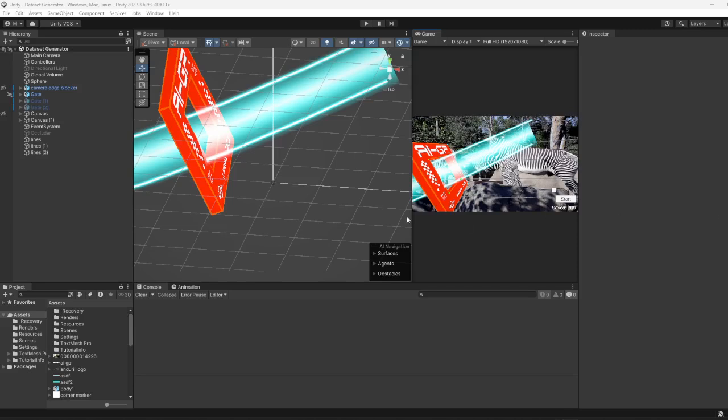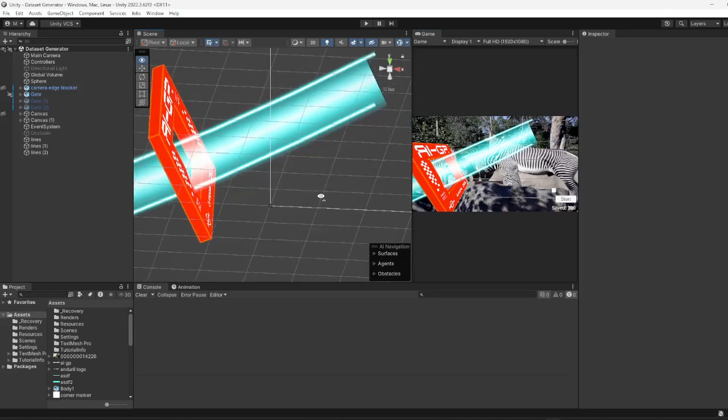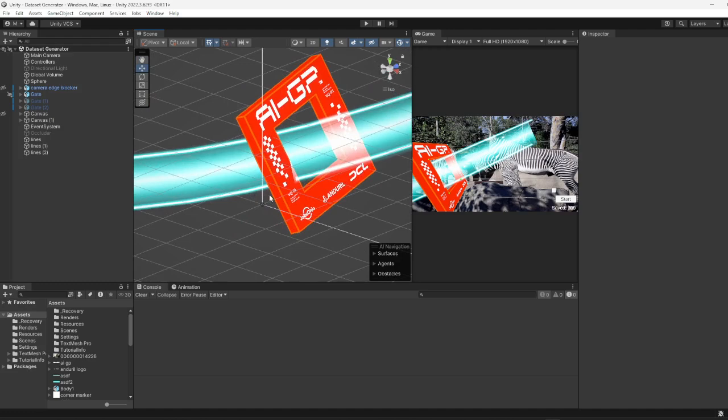Hello, I just wanted to show how I'm making my gate detector in the AI Grand Prix. So basically, I'm training a YOLO V11 model, and it's been working pretty well. And basically, how I'm making the data set for that is I'm using the Unity game engine, which you can